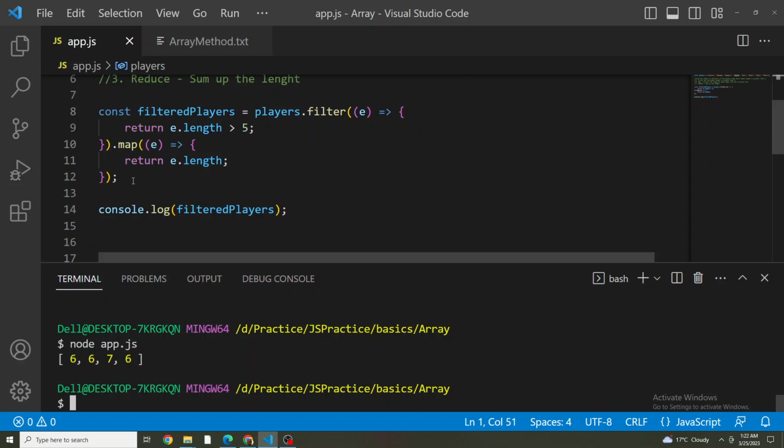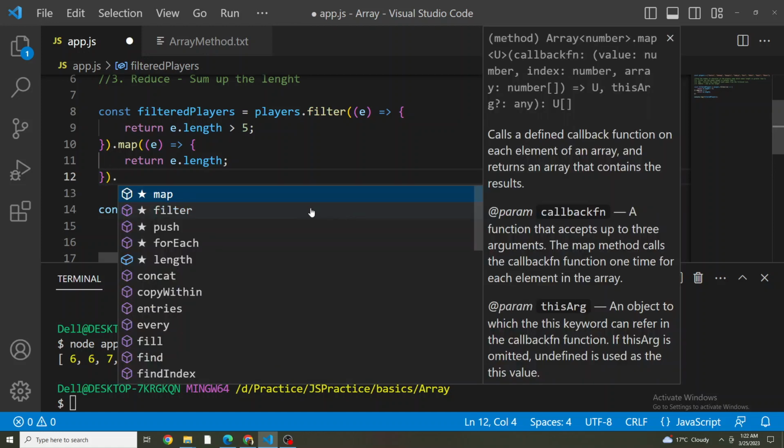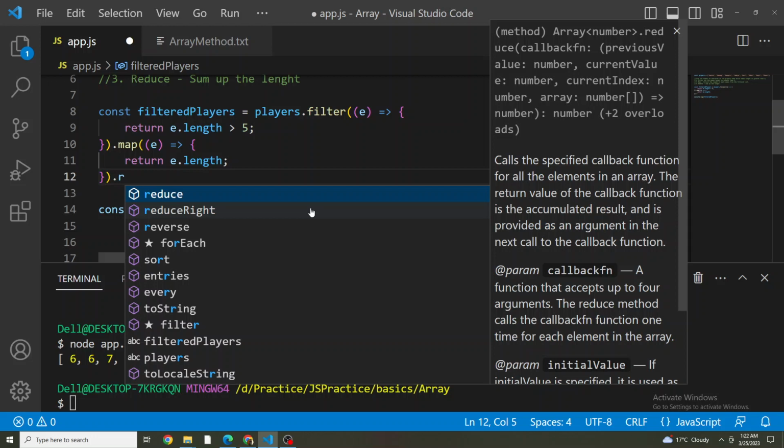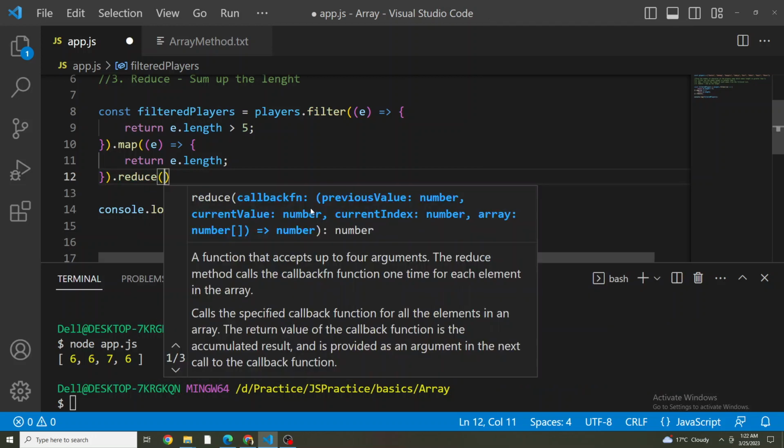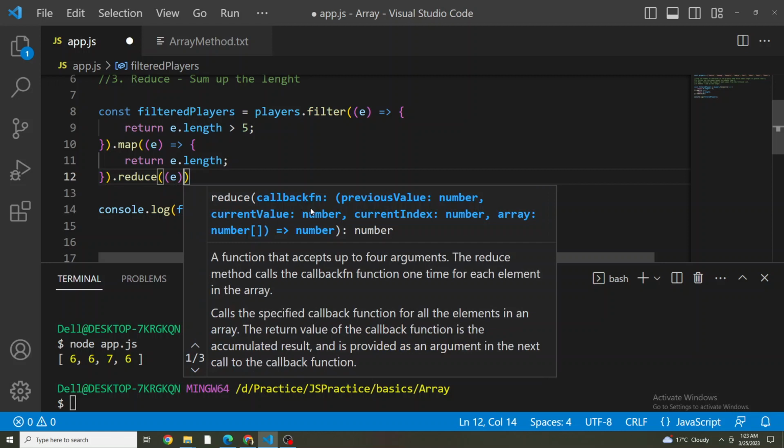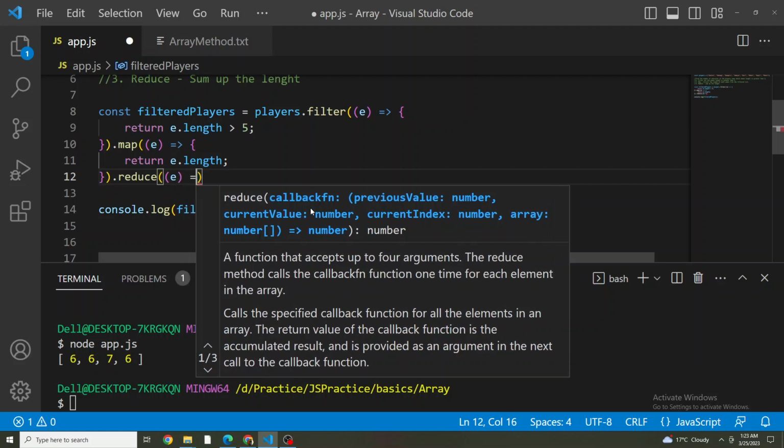Now we can use this reduce function, and using the reduce function we will finally sum up all the lengths. So in the callback function here, we are going to get